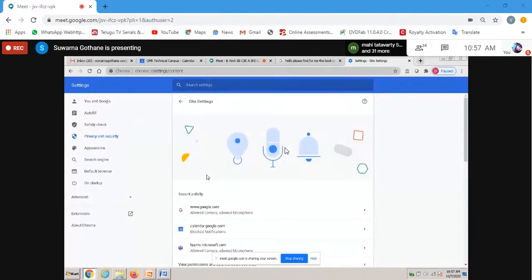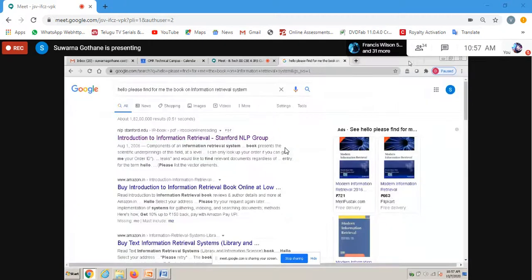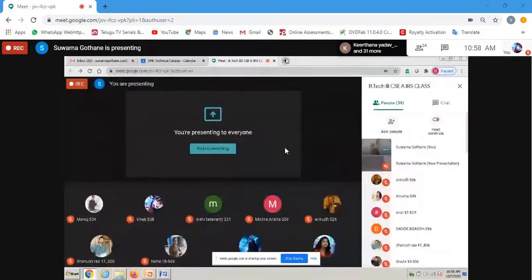So this feature is available in the Google search engine. I'm showing you where in the Google search engine the audio, whatever you are going to speak, is going to be considered as an input. And thirdly, one more is images. Images are also allowed as input in the Google search engine, which is the best one we are using nowadays. So that option is available. Here you can see the images option is there.